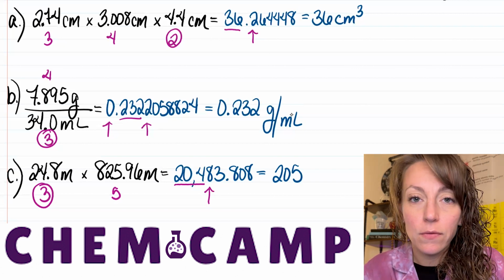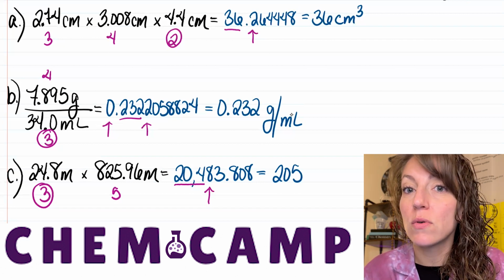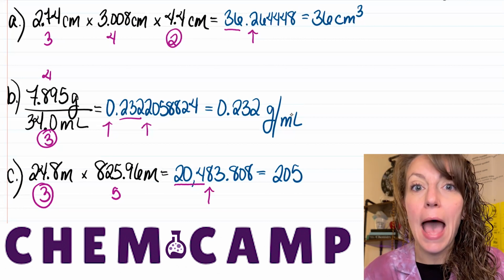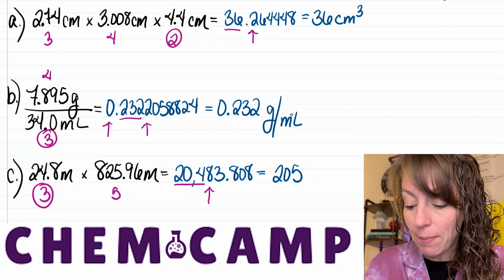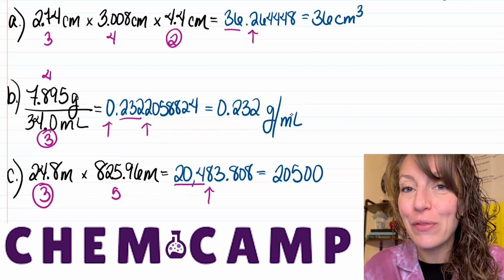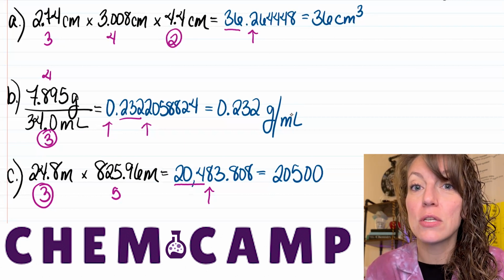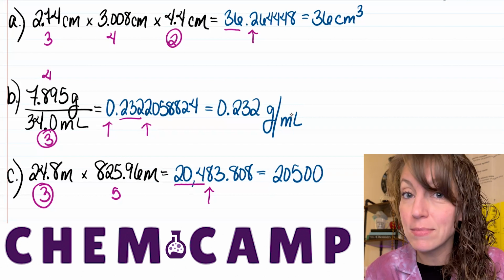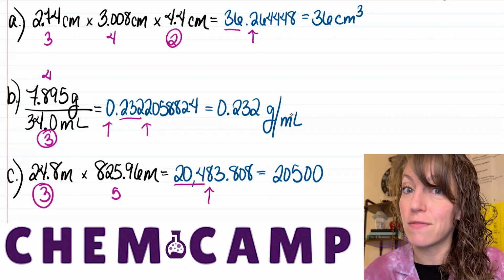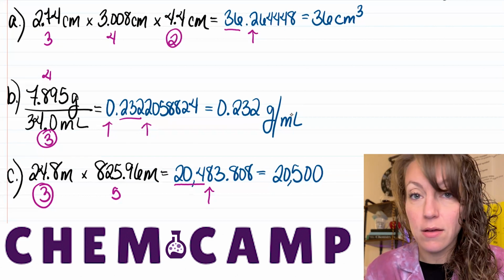Now we just have to be very careful. We cannot round a number like 20,483 down to 205. We have to still have those last 2 places in our number, but they have to be filled with a digit that's going to be insignificant. So I'm going to put 2 zeros there to hold that place. No decimal point though at the end of that number, because we need those zeros to be insignificant. If you put a decimal point at that number, you're going to have those 2 zeros become significant, and then you're going to have a total of 5 sig figs, which we don't want. So this answer is going to be 20,500